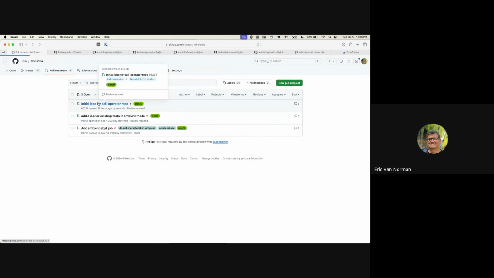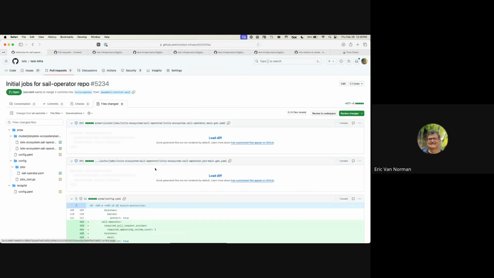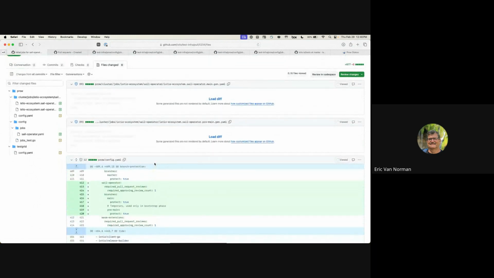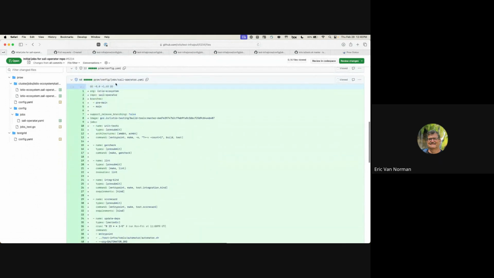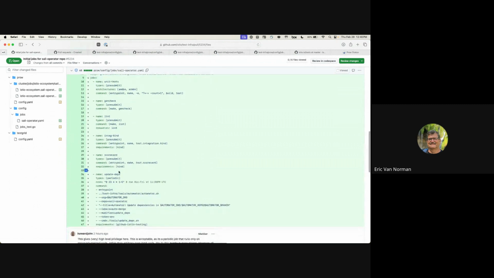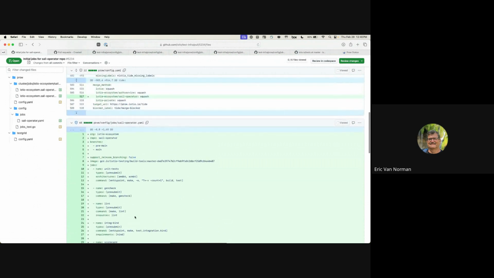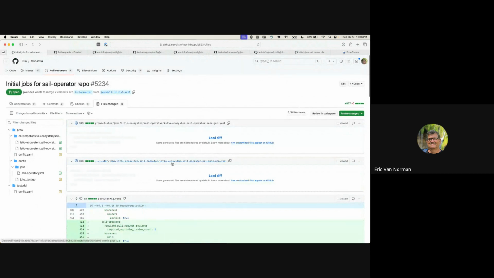So here's one that's some jobs for, it happens to be the stale operator repo in Istio ecosystem, but there are some jobs. So in this particular case, they created a brand new repo. These are the jobs for the repo as opposed to adding a single job. But again, you'll see that here's a list of the jobs that get run as part of that repo and things getting done. The reason I wanted to point this out is you will also see that there's a whole